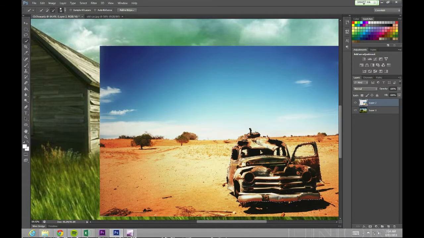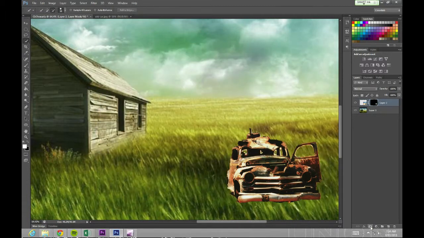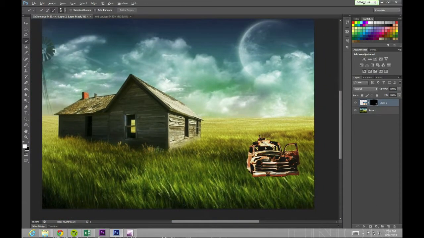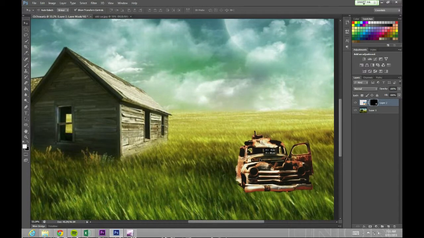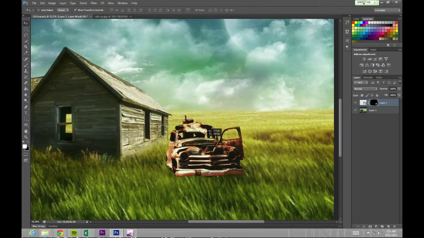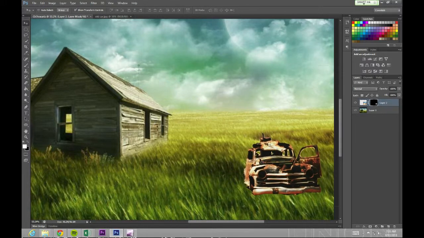Basically now what I want to do is a layer mask. So I'm going to come down here and click this little button right here, and watch what happens. Voila. So now I have my car, right? And it looks like it's not real, like it's not fitting in with this picture. I can move it around. I can move it all over. So what I want to do now